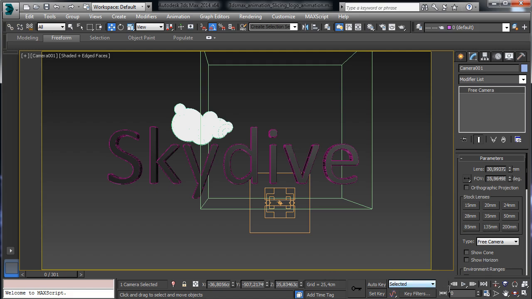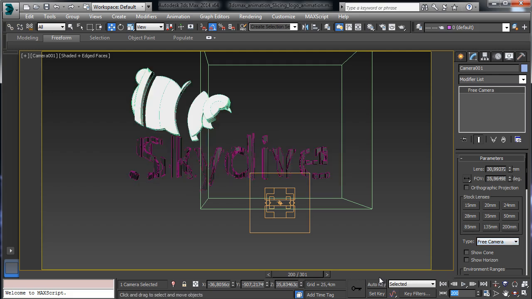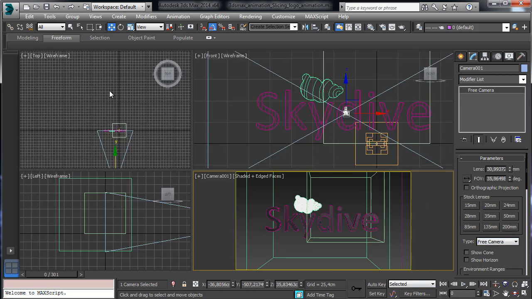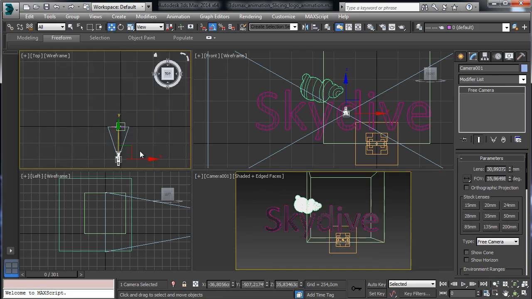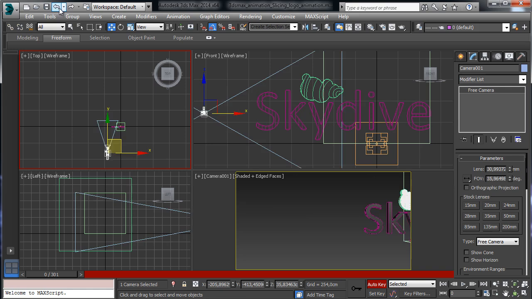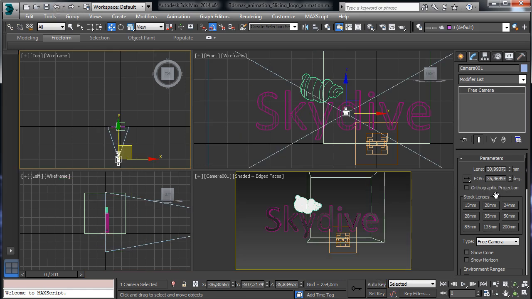I like to say that maybe we have at frame 200 we have a key, and then at the beginning we'll have some kind of animation with the auto key. Sorry, I like to use the target camera. So animate,